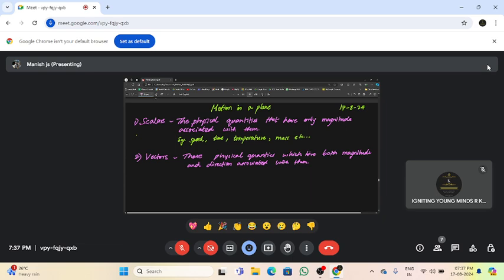Many examples are there in real life. When you talk about vectors, you can say velocity. Although velocity and speed share the same unit, they are different. Speed only talks about how fast an object is moving, but velocity tells you, along with the information of speed, the direction of travel of the object. That's the difference between speed and velocity.